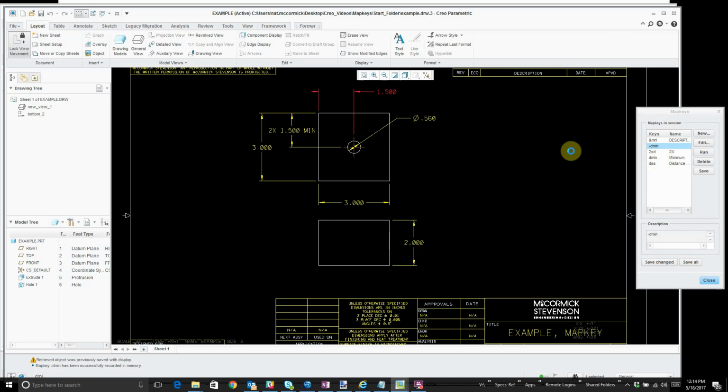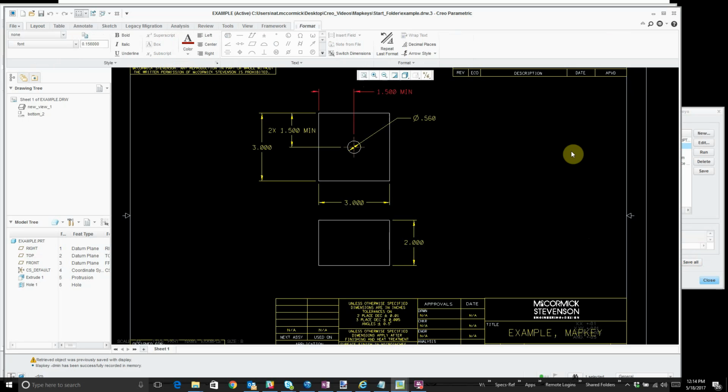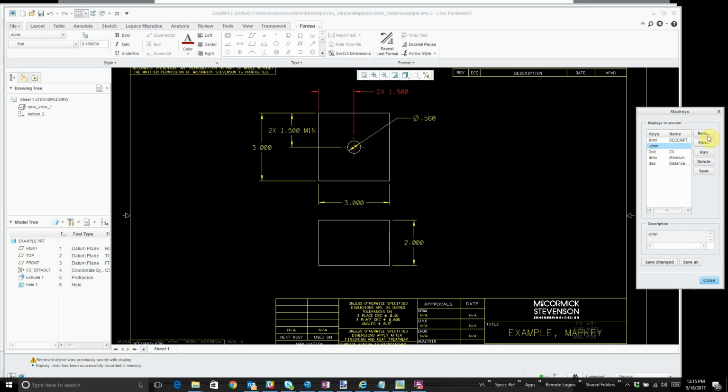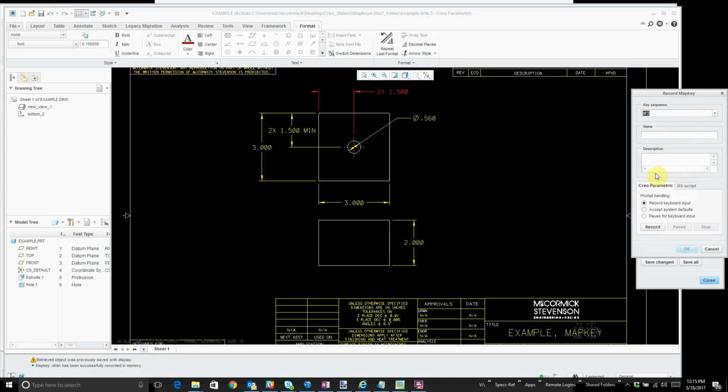So now we can run this, it adds it, -dmin, blows it away. And you can stack them. So you can run 2x, dmin, and then maybe remove that. And likewise, it's good to make a map key to blow away the 2x also. So we can say, and I'll call it 0xd,